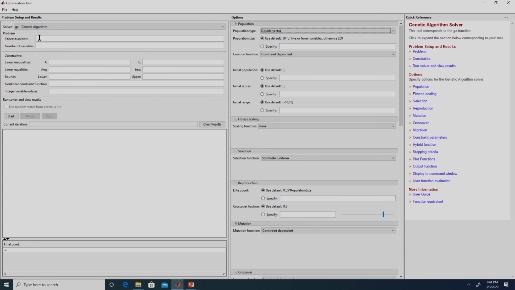Coming over to this side, here we can give the fitness function and the number of decision variables. Here we can give the coefficient matrix of the linear inequalities, and here the coefficient matrix of the linear equalities. We can give the lower bounds over here and the upper bounds over here. Non-linear constraints we are supposed to write in a function file and then provide the name of the file over here. And then this is the int_con which we have seen. If, let us say, the 3rd, 8th and 9th variables are integer, we are supposed to provide 3, 8, 9 over here, and then if we give start, it will run and display the results.